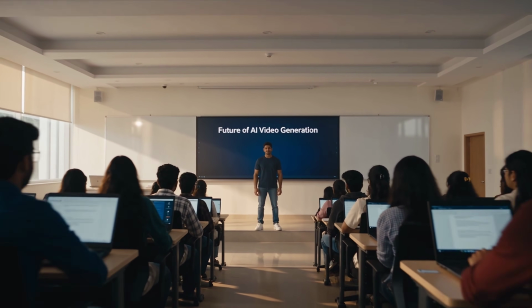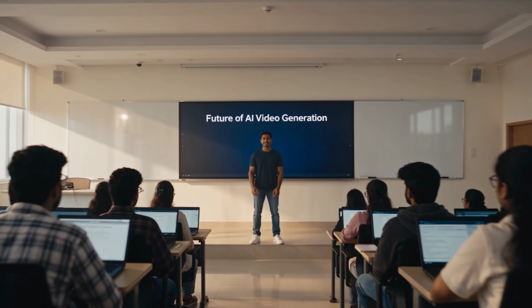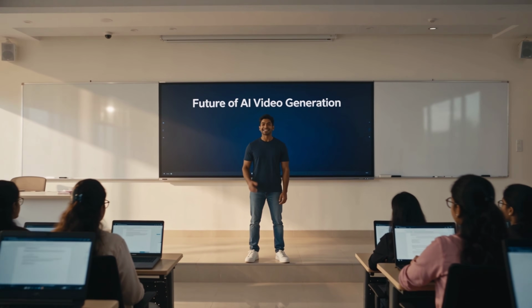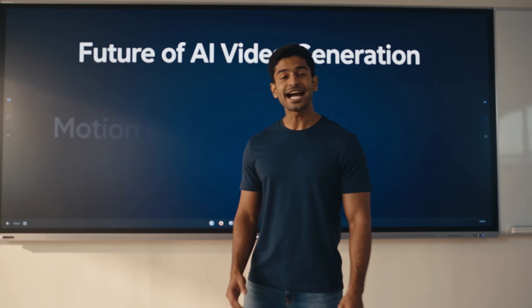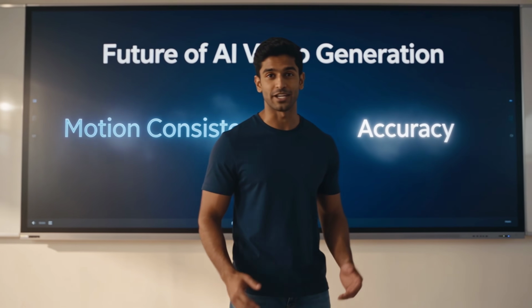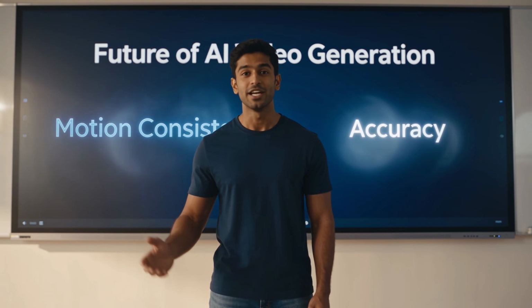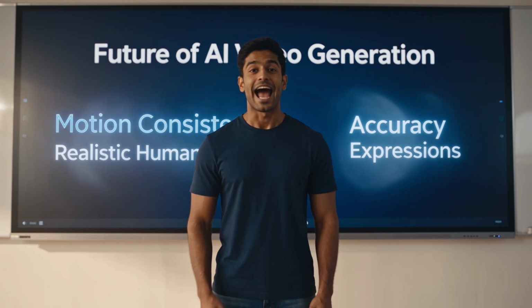Good morning, everyone. Today we'll talk about one of the most impressive AI video models available today, Seedance 2.5. Seedance 2.5 delivers outstanding motion consistency, follows prompts accurately, creates cinematic camera movements, generates realistic human expressions, and maintains excellent scene consistency for storytelling. Amazing. If you're serious about AI filmmaking, Seedance 2.5 is definitely worth learning. Thank you. Keep learning, keep creating.